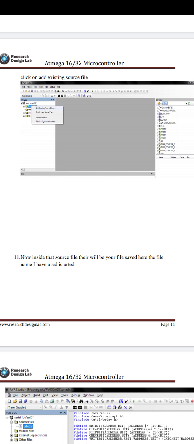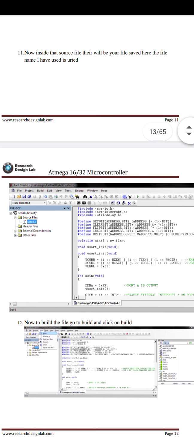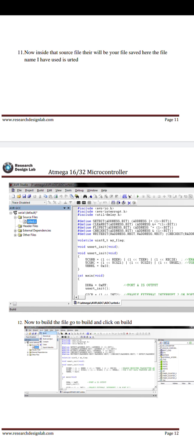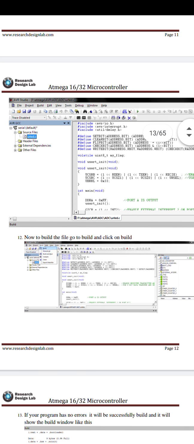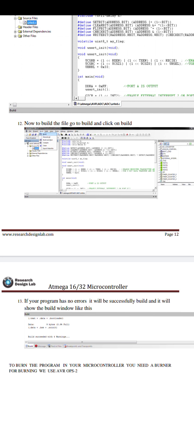Then the file name is already saved in the programs. Now we have to write the programs in these parts. Then build file, click on build. If your program has an error, then a red light will display below the programs. Then when it runs successfully, a green light is displayed below the programs.